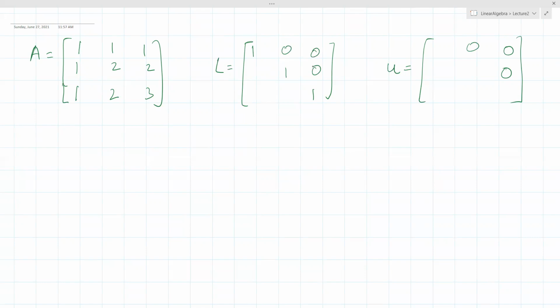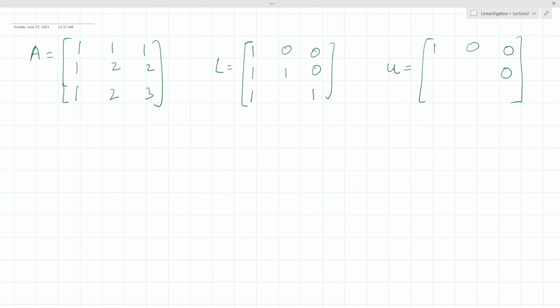So we have to find the first pivot. What is the first pivot? Pivot is 1. What will be the multiplication factor? 1. So that multiplication factor will directly go in here. What about between these two? What will be the multiplication factor? Again 1. So 1 will go here. Now let us do the multiplication and subtraction.